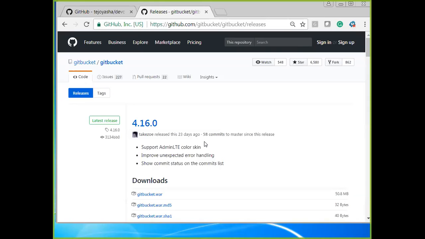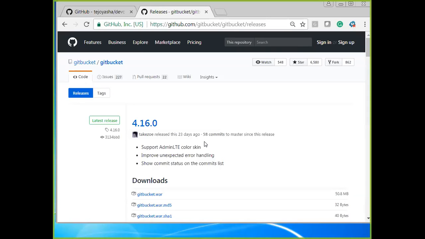github.com/gitbucket/release. So currently which version do we have? We have version 4.160. If somebody asks you, what version of GitBucket are you using? What do you say? 4.160.